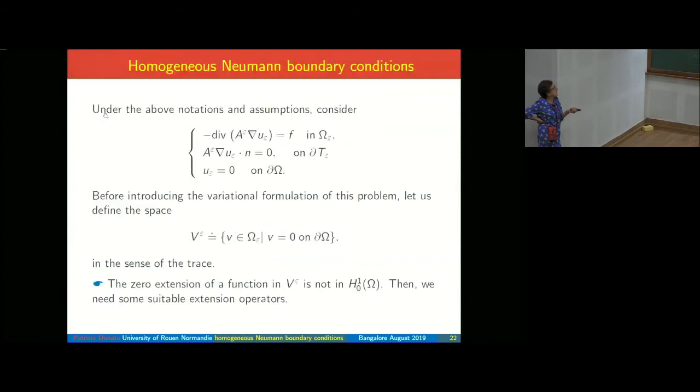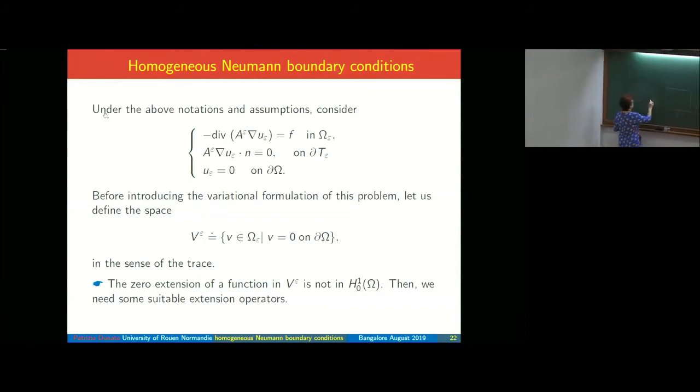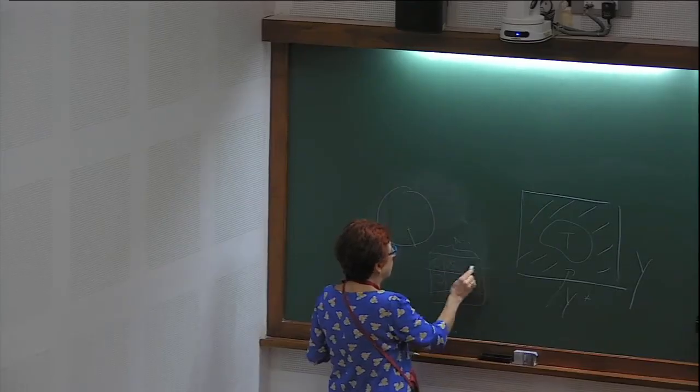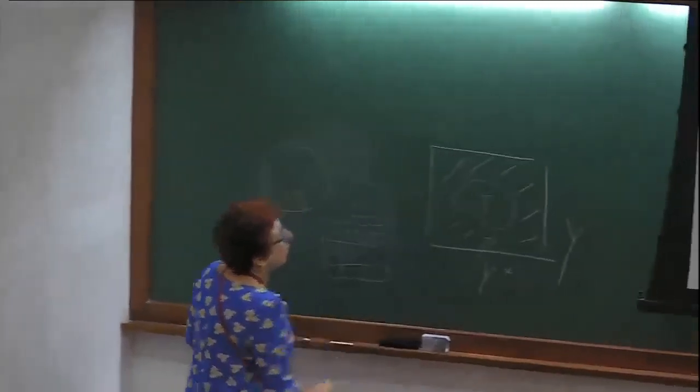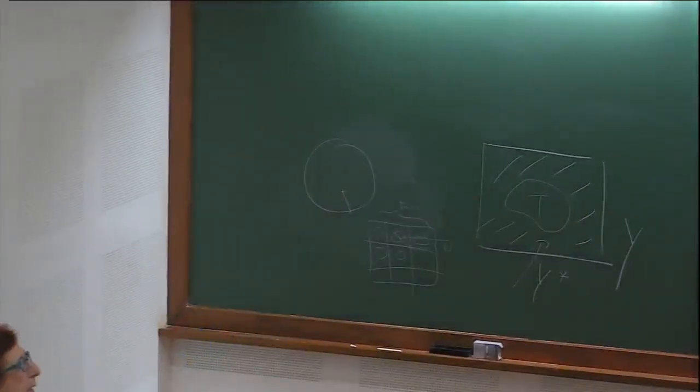Now, let us look at the case of homogeneous Neumann boundary condition, which is a completely different situation. I have not discussed this problem in my previous talk because it was too long, but I will say a few things here because we consider the problem. So we leave the Dirichlet condition on the exterior boundary. So here we put Dirichlet, and on the boundary of all the holes we put homogeneous Neumann condition,